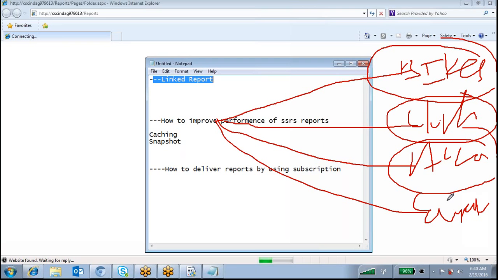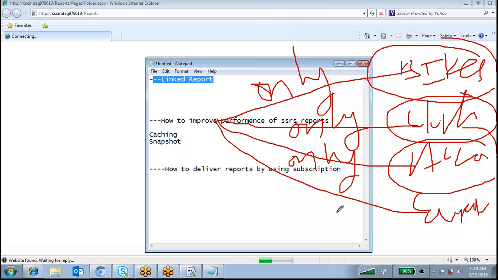A particular manager wants to see the report. The bikes category manager wants to see only bikes information, and the clothing manager wants to see only clothing information, and the accessories manager wants to see only accessories information, and this component manager wants to see only components information.